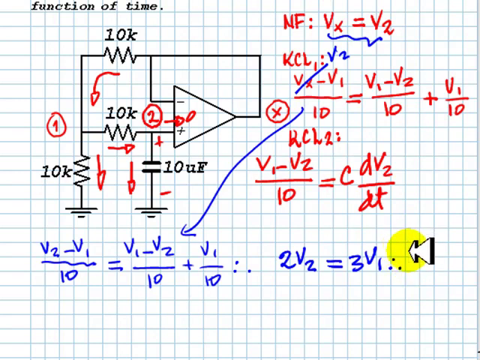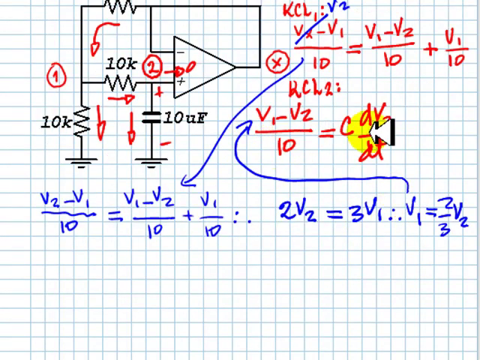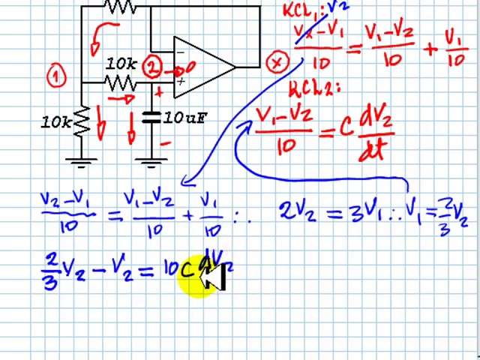I can substitute V1 as 2/3 of V2. And that is exactly what I'm going to do in this equation. I can multiply this equation by 10, and that I do, and substitute V1 for 2/3 of V2. The equation becomes 2/3 of V2 minus V2 equals 10 times C dV2/dt. Well, this equation is simply 10C dV2/dt